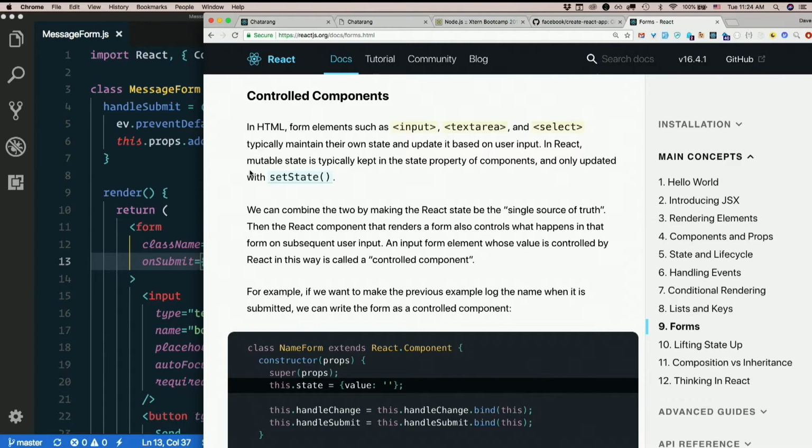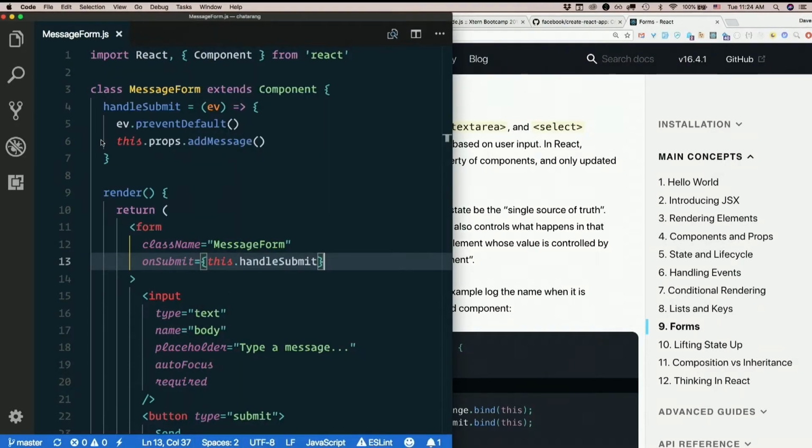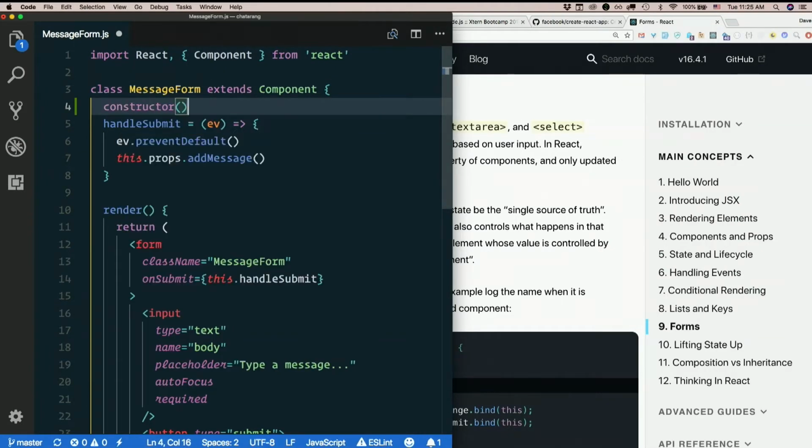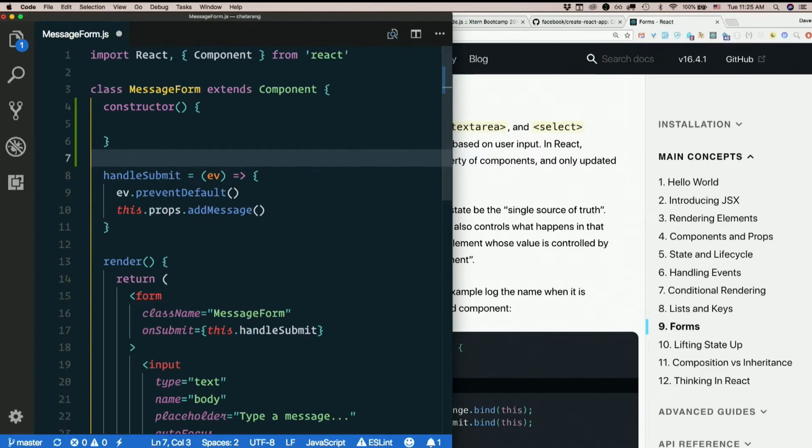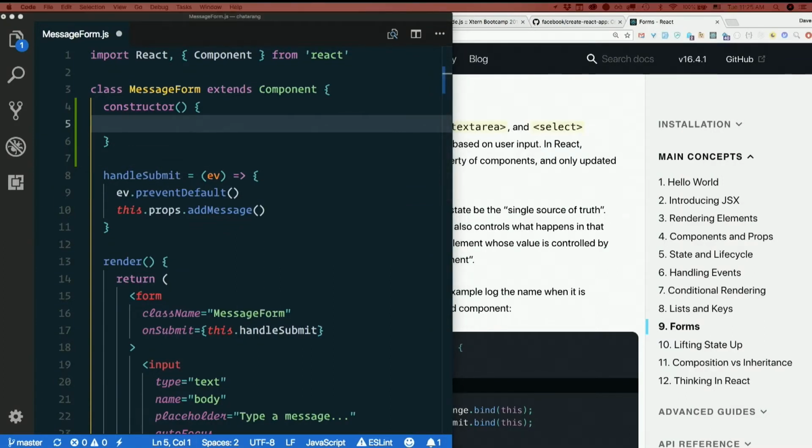So what we do is we store this in the state of this component. So let's go ahead and add a constructor here. Anytime we have a constructor on a component, we need to call super. Let's see what's going on here. Well, in this one case,